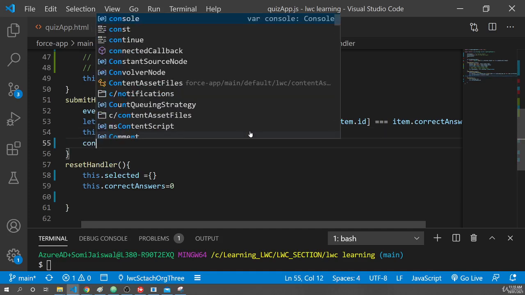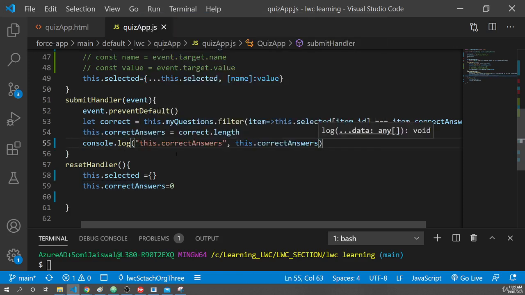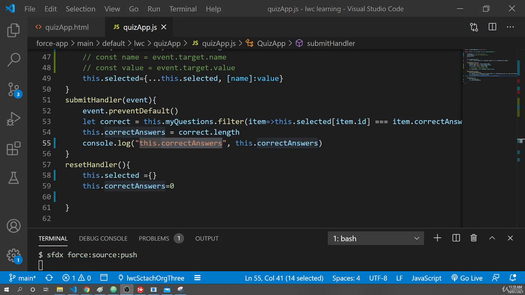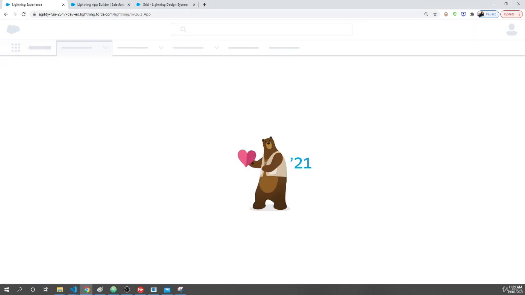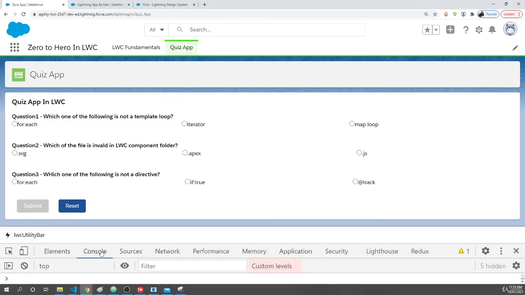We'll just console the correct answer. When we hit the submit button, just print the correct answers. So let's deploy the component, and now it's deployed. Let's go and refresh the page. And I can open my debugger. I'll go to console,